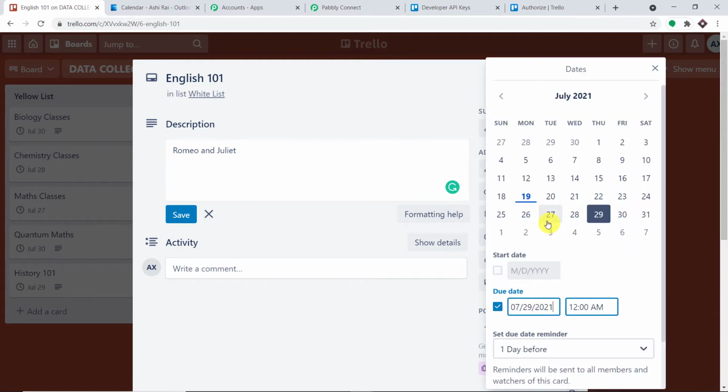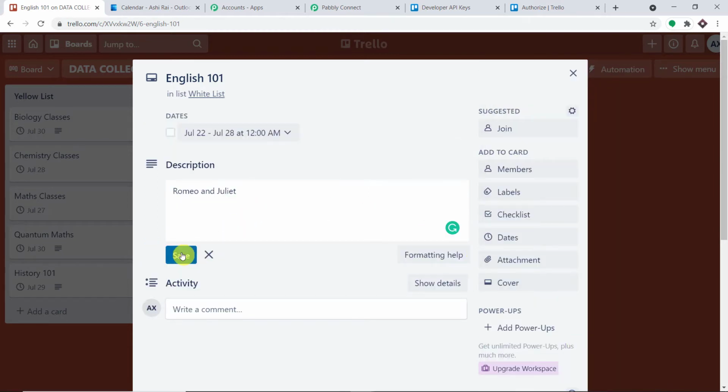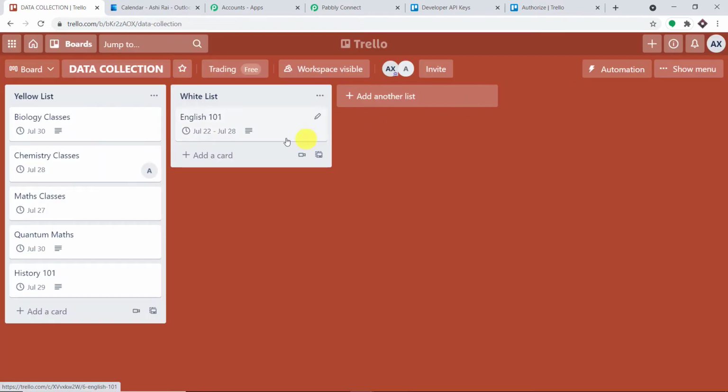So instead of 19th July, that is basically the current date, I'm planning to add a different date. So it will be from 22 and the due date will be, let's say, 28th. Okay, 22 to 28th. So let me just click on save. We have added the card details, we have set up the due date as well as the start date. So what I'm going to do here is we have to fetch the information that has been recently added in this particular card.